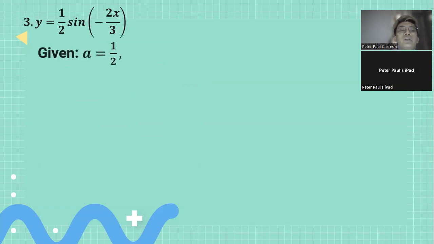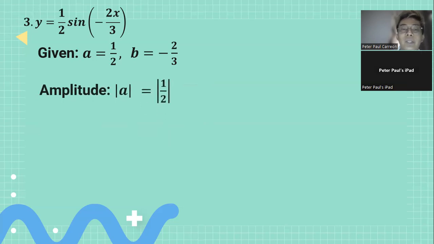Next example, y is equal to 1/2 sine -2/3 x. No? So ang A natin ay 1/2, ang B natin ay -2/3. Kunin natin yung absolute value ng A. So syempre, the absolute value of a positive number is 1/2 pa din. Per period, we have 2 pi over the absolute value of B. 2 pi, kukunin natin yung -2/3. Get the reciprocal, so that is